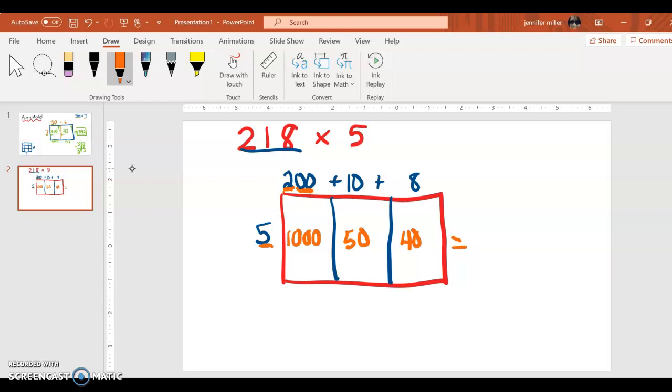1,090. But if you can't do them mentally, just come over to the side and line them up by place value to get your 1,090. Okay? Now,